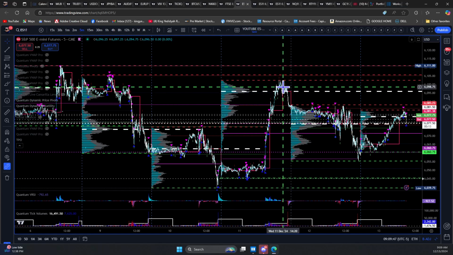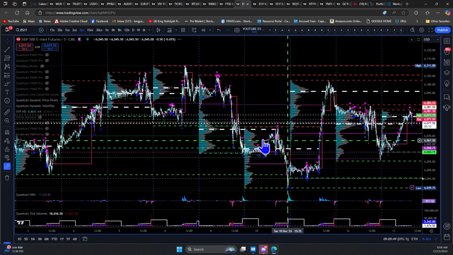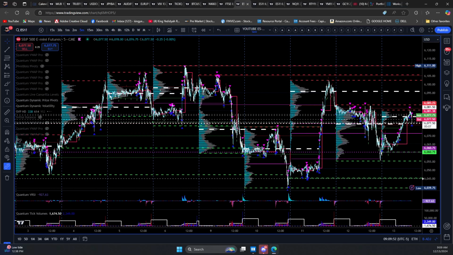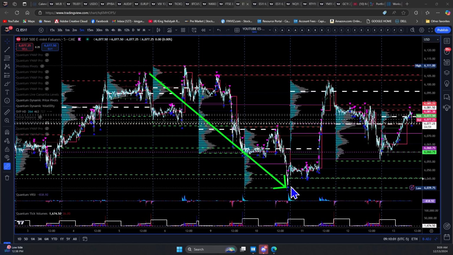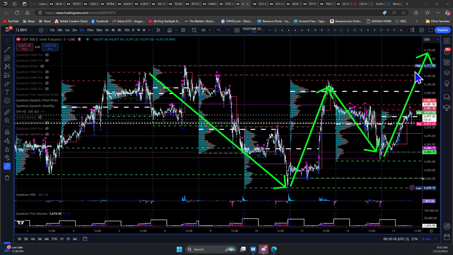If this is the automatic rally, let's say, right, let me just use the arrows. If I'm considering this the downtrend, this the selling climax, and this the automatic rally, then this is like a secondary test, which is kind of shallow. It didn't come right back down to this level. So this is showing buying interest, right? So if we break out from here, then we could really shoot up to the upside because we're breaking out of basically like an accumulation little setup right here, right?